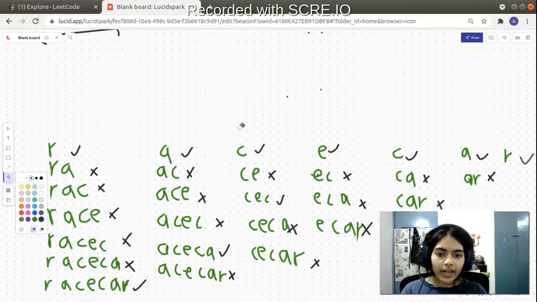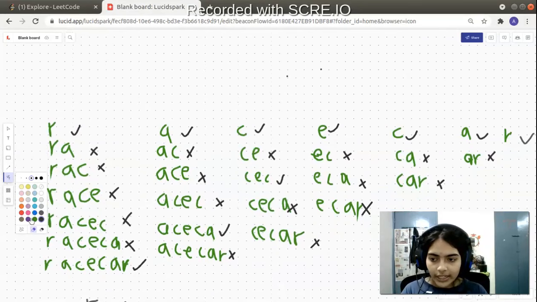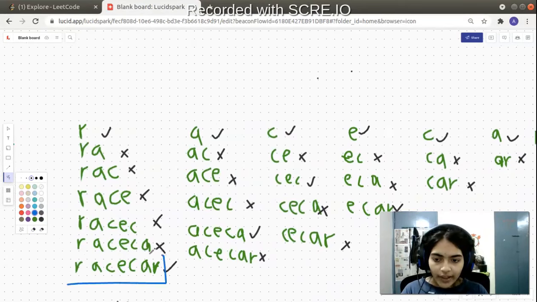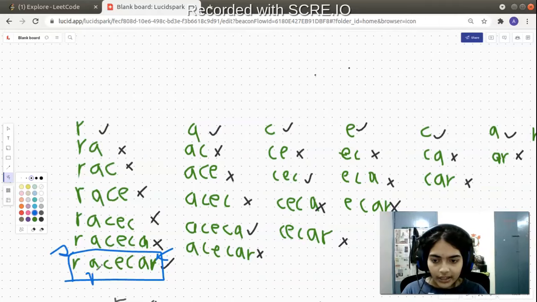So we can try to use dynamic programming to make it more time efficient. How? Let's think about why we need dynamic programming. For example, here you have this particular value, racecar. Suppose I want to know if it's a palindrome or not. In my brute force approach, I compute if the first and last characters are matching or not. Then I see if the second and second last characters are matching or not.